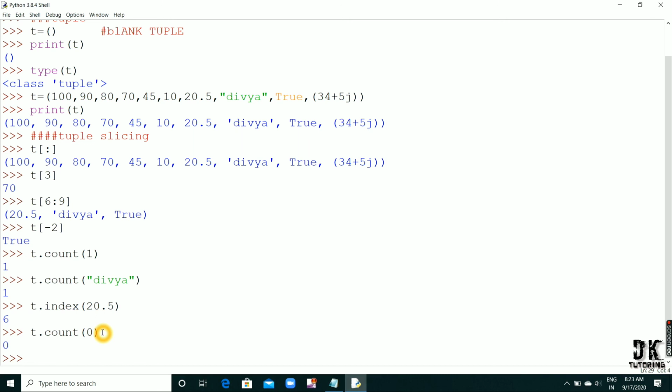Like we can use tuple in the case where we don't want the user to change the password. Suppose we have created the password inside the tuple, means we have stored the password in the tuple and we don't want the user to set the password. So we can do that. आपको कोई डेटा मॉडिफाई नहीं करना है तो आप उस केस में टपल का यूज कर सकते हो. तो यहाँ पे हमारा टपल का पार्ट कवर हुआ.